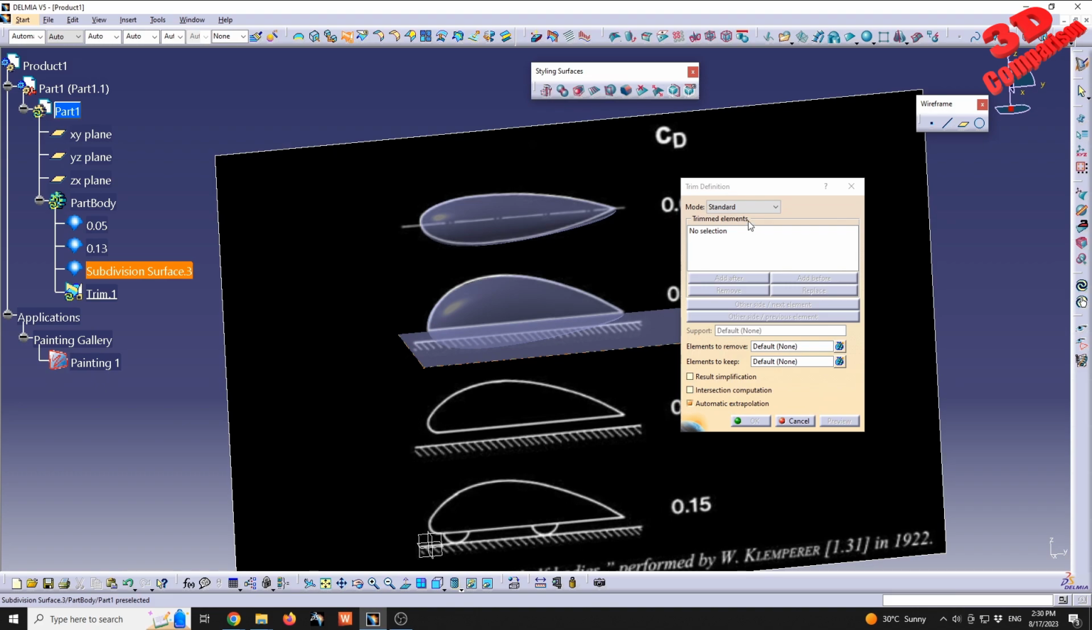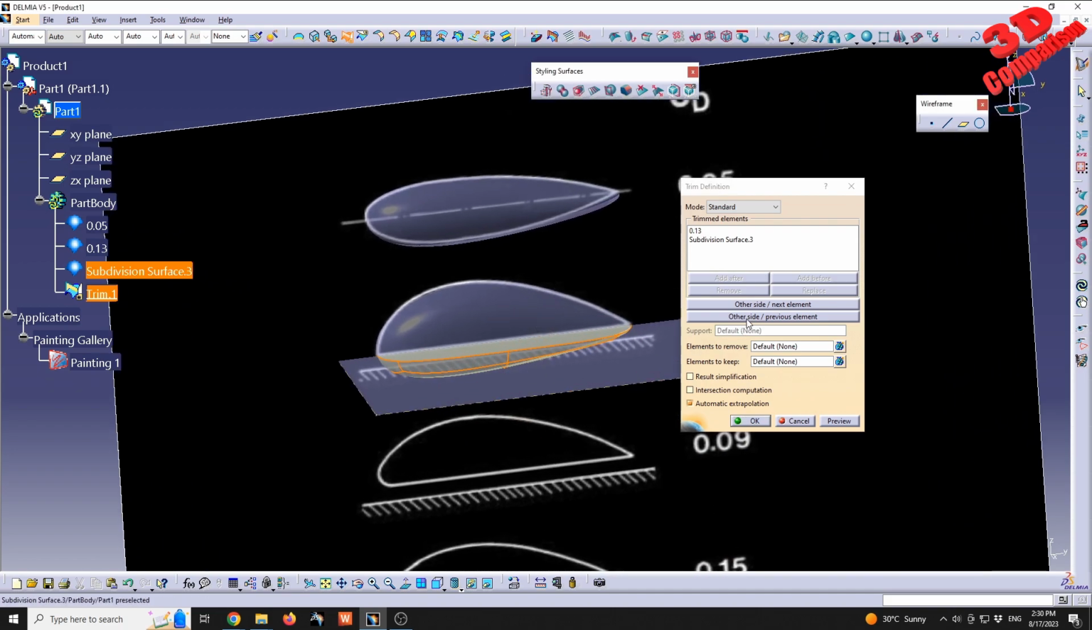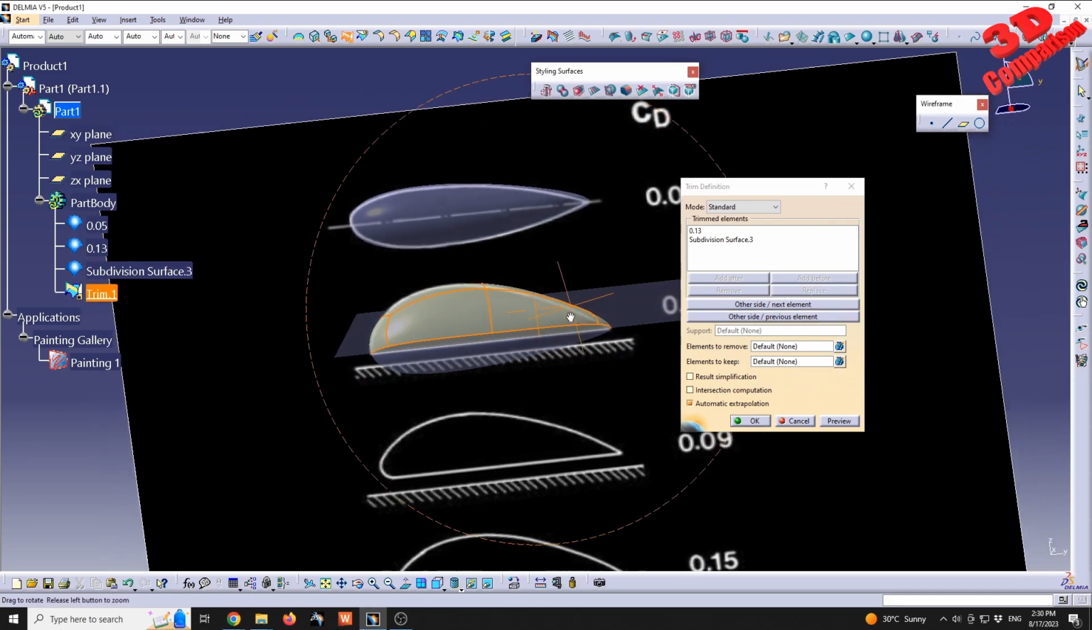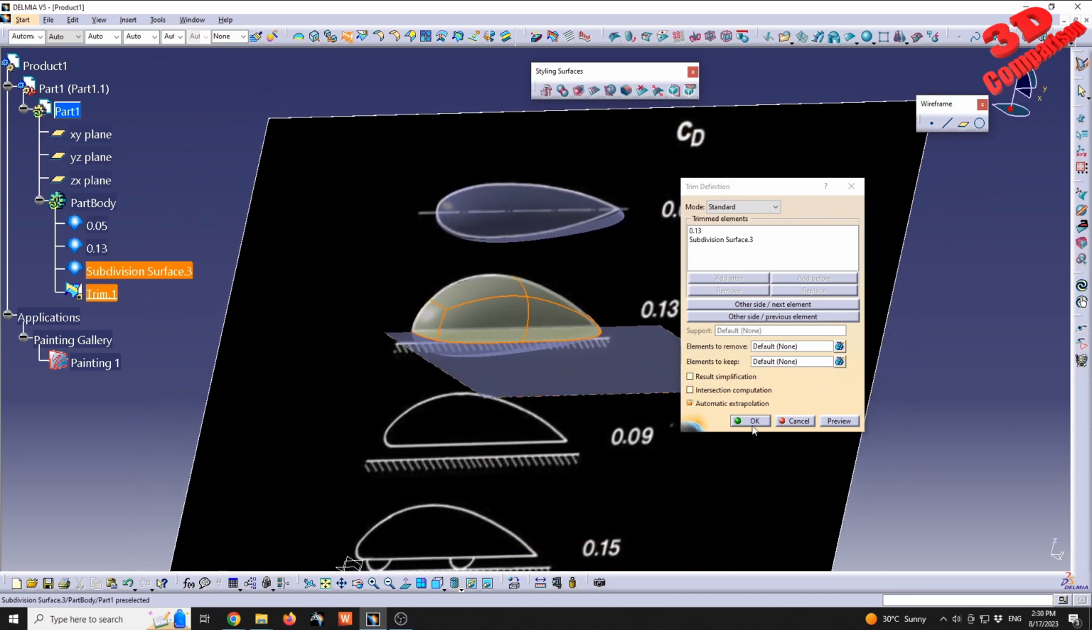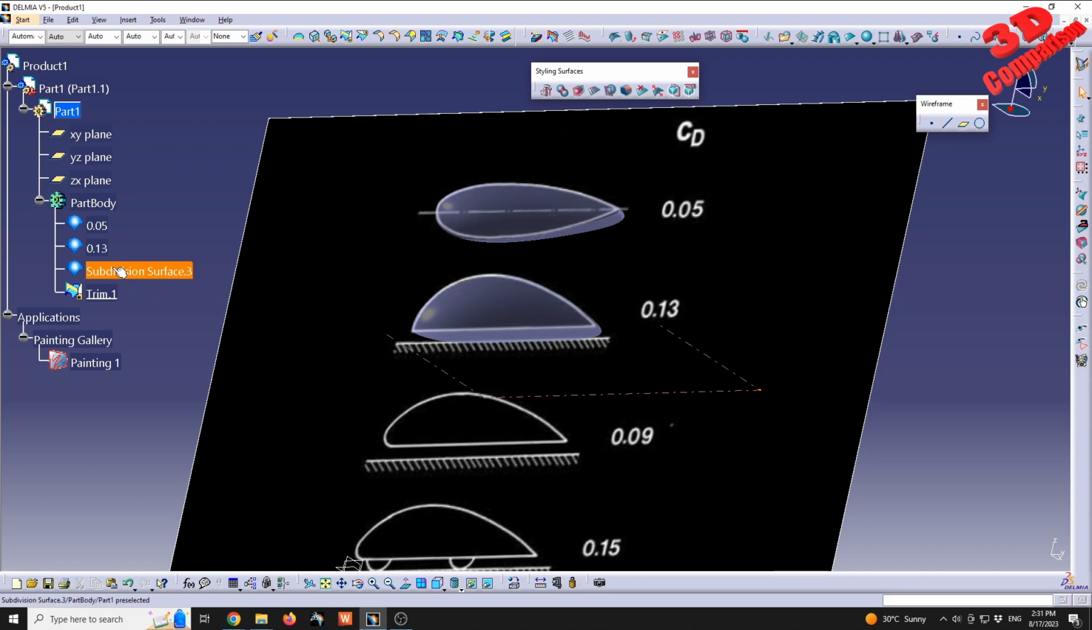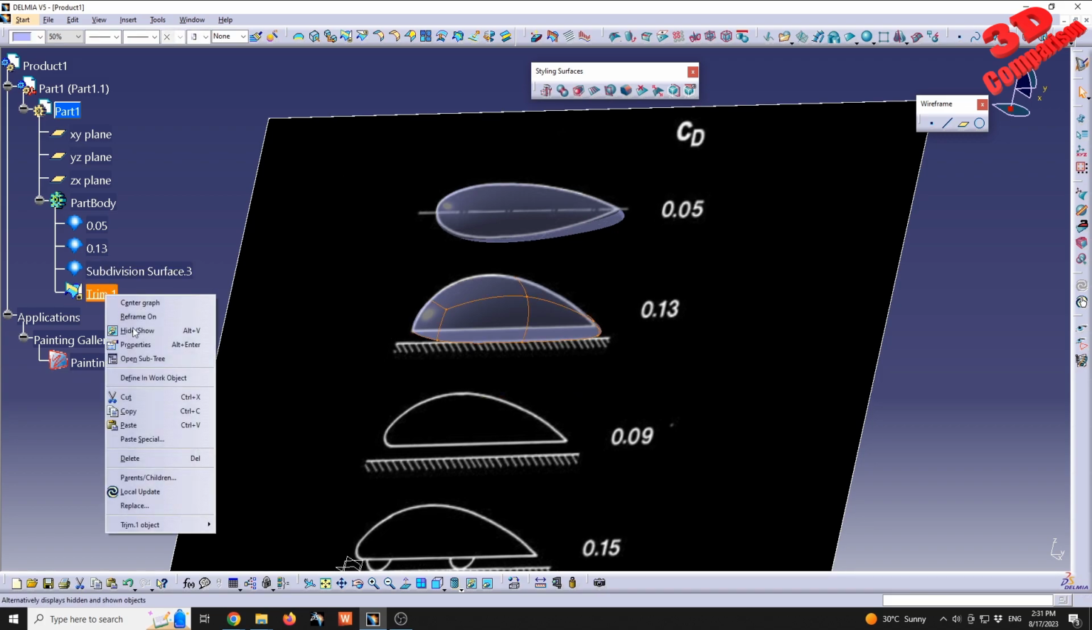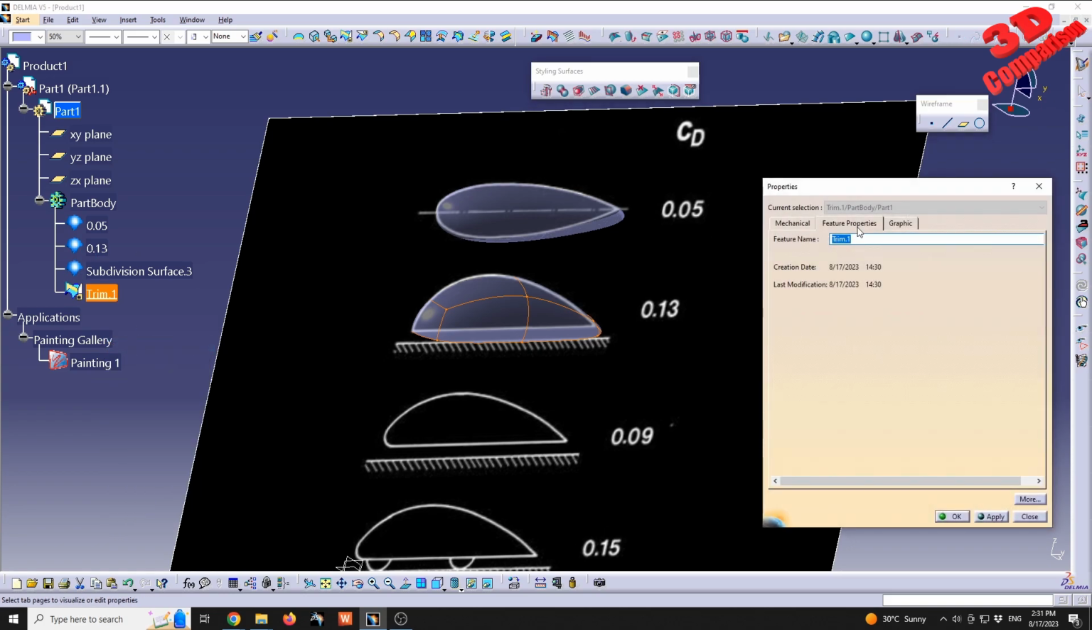So we see trimmed elements. It will be the subdivision called 013, and the subdivision which is the plane, which is number 3. And now using the other previous selection, we're going to be able to have the top section selected. So this will be the final shape in our case. Keep in mind that now we have this trim one, so this is the final surface for the 013